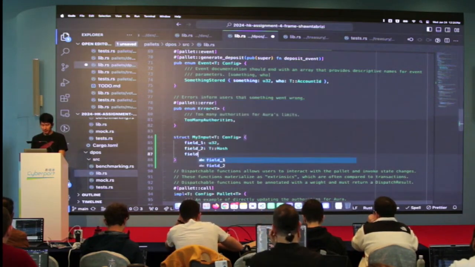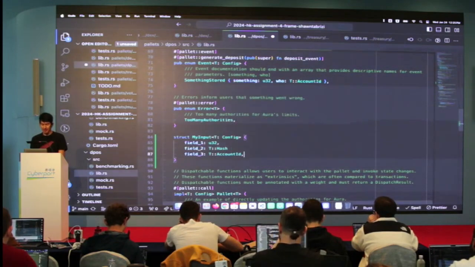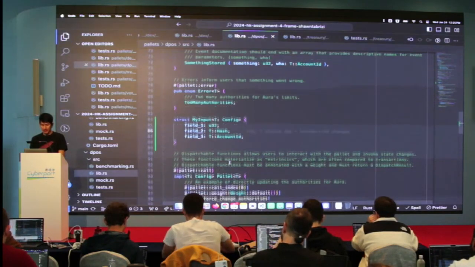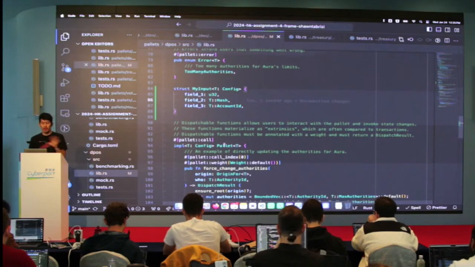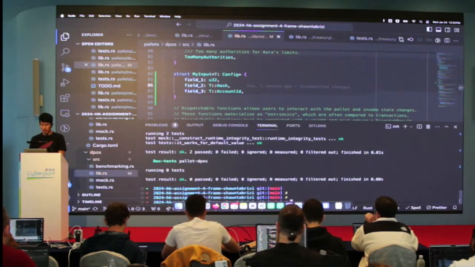And someone give me a field 3. Oh, like an AccountId, right? T::AccountId. That makes sense, right? So here's a custom struct. I have put nothing on it, right? This should compile though, right now, because I'm not using it.